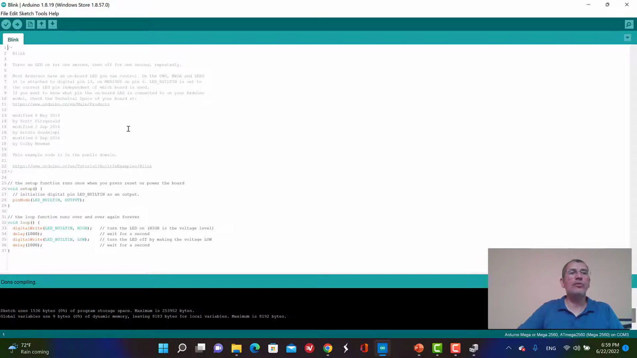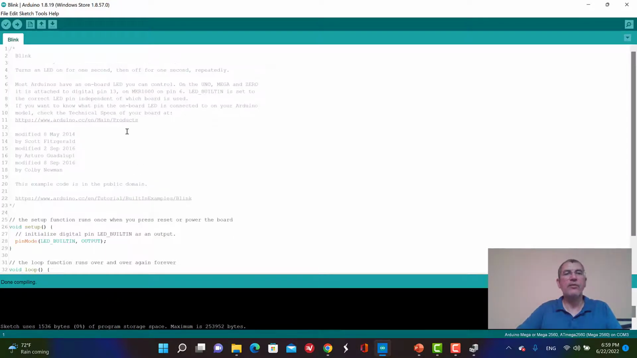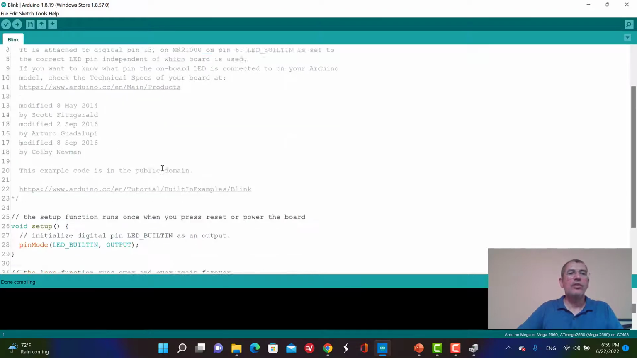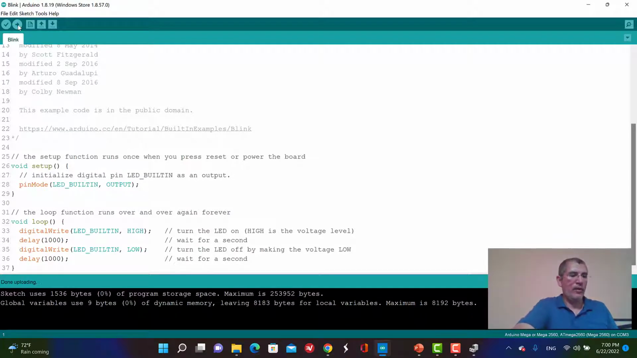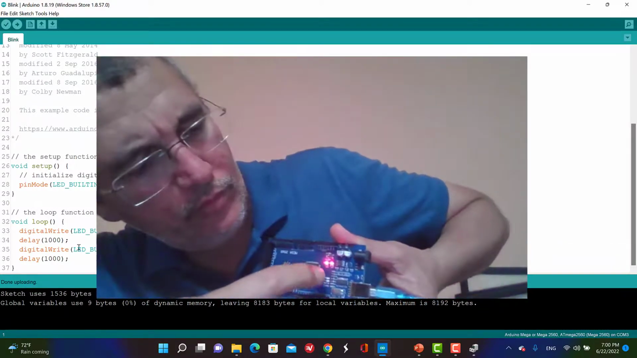and since this code, let me just zoom in a little bit. Since this code is an example we are using, it shouldn't have any problems, it shouldn't have any errors. But when you write your own code, always go to this button here and click on it to verify, and you should get this Done compiling. Okay, once this is done, you click on this to upload your code to Arduino, and notice that